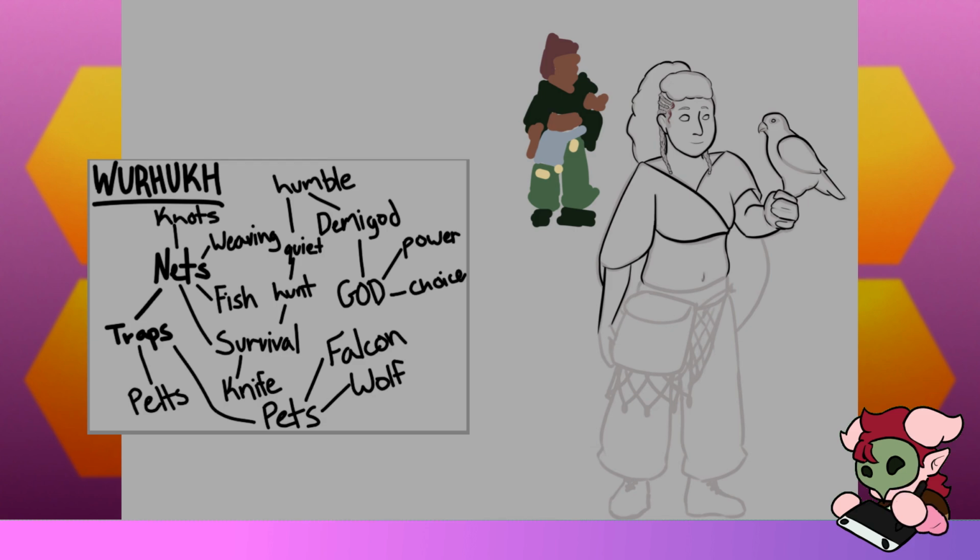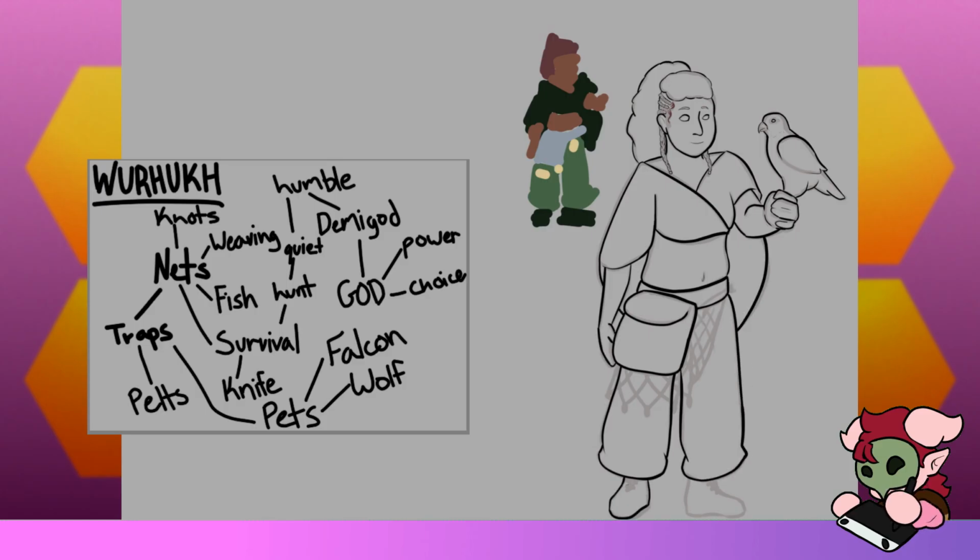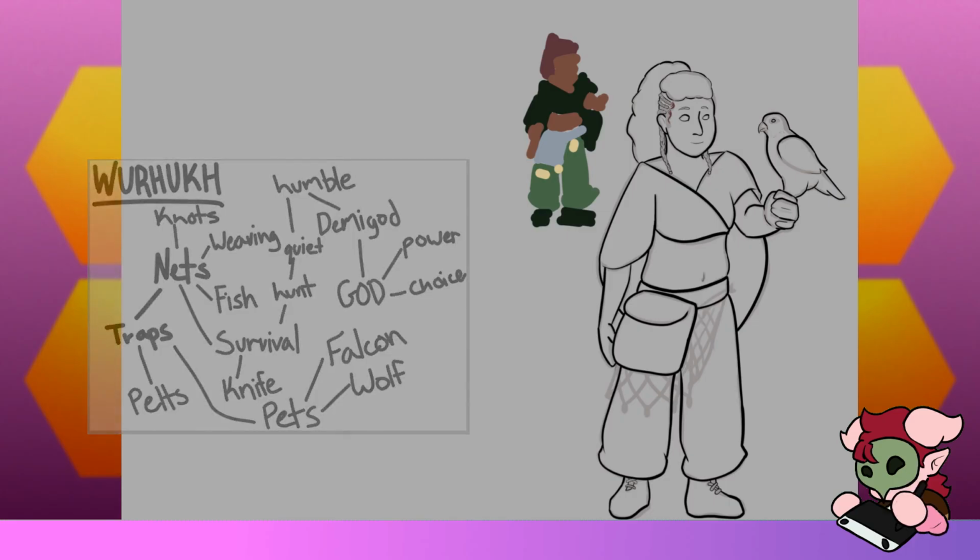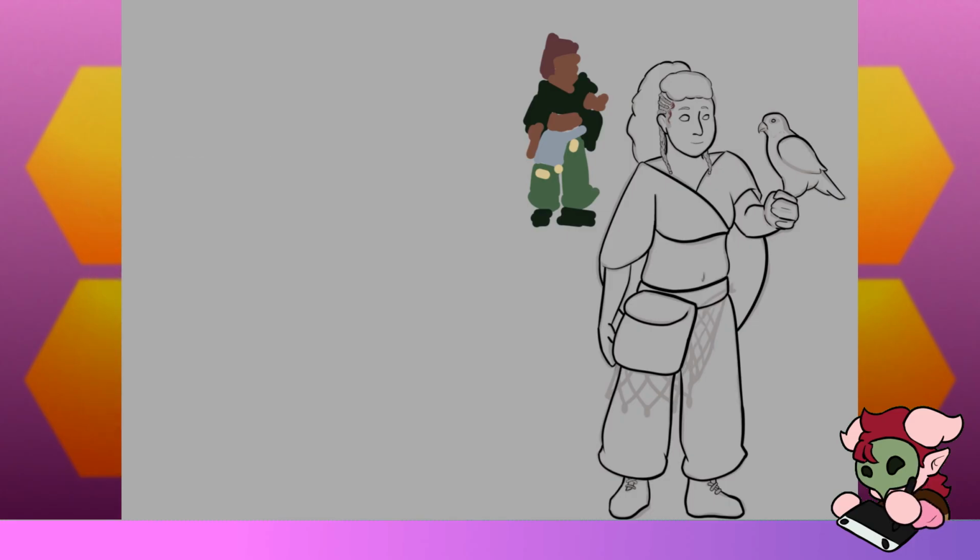I wrote quiet on the map as a connecting idea between humble and hunt, and because of that, I avoided anything that would be noisy as she moved, but also avoided too much visual noise in her design. And you'll see when I draw her expressions, I also took the opportunity to contrast this quietness with a loud personality. This was pretty good for me too, because I'm pretty sure that none of my OCs so far had a similar personality. Like many artists and writers, I put a lot of myself into my characters, and I think